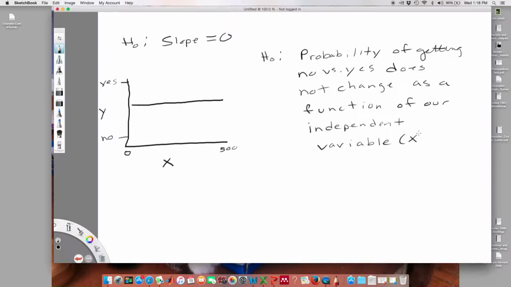All right, so our null hypothesis is the probability of getting no or yes does not change as a function of our independent variable. So there are actually a lot of really interesting questions that we can ask and answer